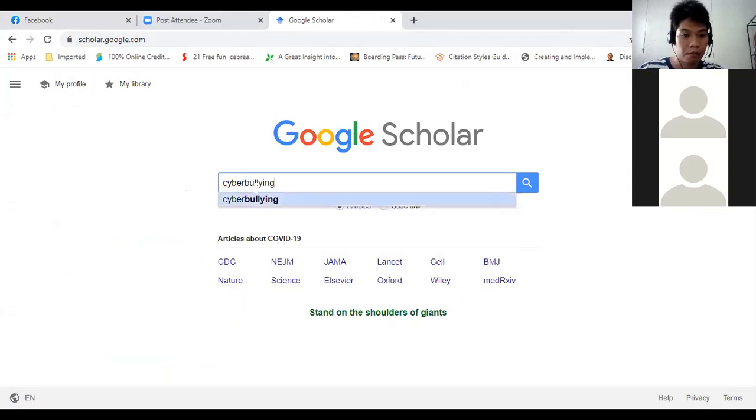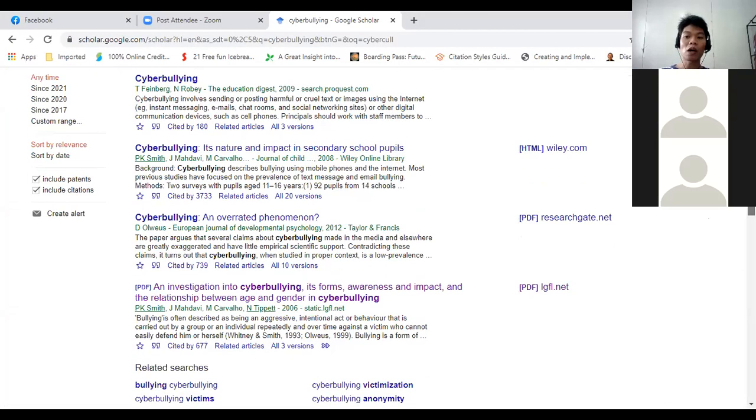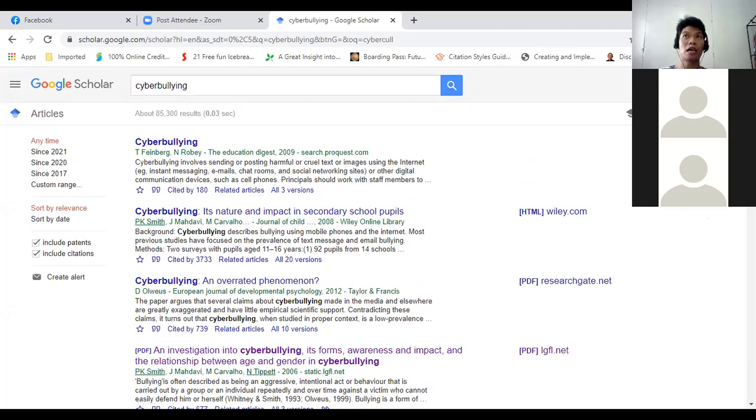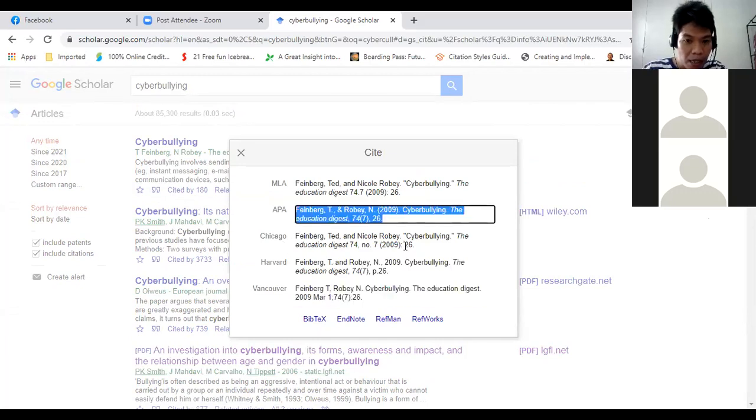So, if you want to copy-paste na lang, para diretso na ang references, you click this one, makita niyo yung may quotation mark. Ito, you click that one, makita na nimo dire. Halimbawa, ito, APA, MLA, Chicago, Harvard, Vancouver. So, since APA tayo, pwede siya i-copy-paste na lang sa diretso.